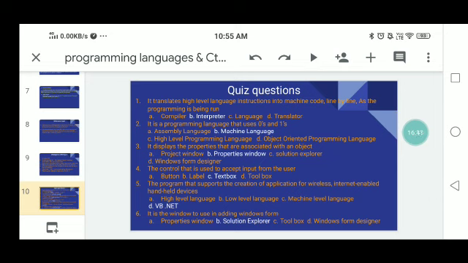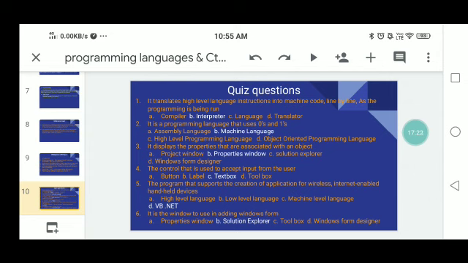The next one: it displays the properties that are associated with an object. For example, a text box is the object. When you click on that, it displays the concerned properties on the right side of the window. So that means it is the Properties window. Then next, the control that is used to accept input from the user. In the toolbox in your design session, that is the text box control.